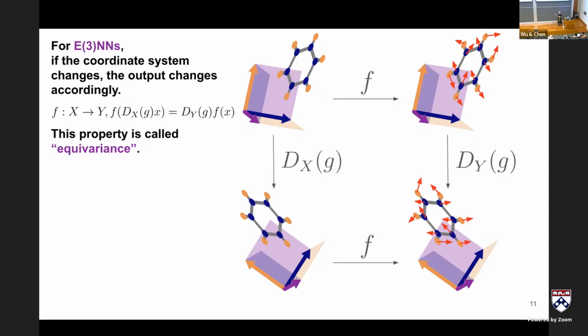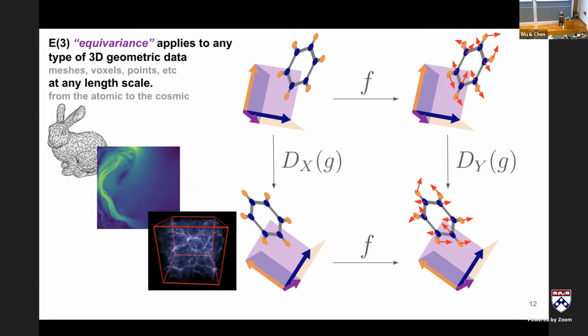And the specific notation, for those that are curious, these D of X and D of Y articulate how our group, in this case the Euclidean group of rotations, translation, and inversion, acts on the vector space of the inputs X or the outputs Y. And they may not look the same. It's still the same group, but how it's represented in that vector space may look different, especially if you're looking at vectors versus a tensor field, it's going to look different how those rotate. The other thing I want to emphasize is that in many of the applications I work on, I focus a lot on point clouds because atoms are point-like and it's a useful